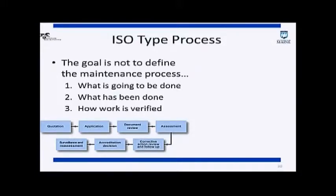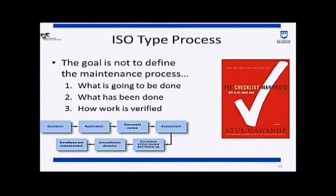What is going to be done? What has been done, and how did you verify the work? And then you have to close the loop when you're done with that. Checklist Manifesto. I was out there in the back. That's the philosophy, though. It's really keeping track of what you're doing. It's an aircraft checklist. When you do aircraft maintenance, if any of you have a pilot license, you know